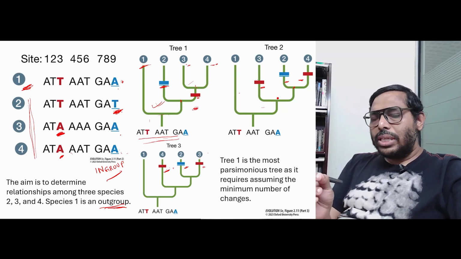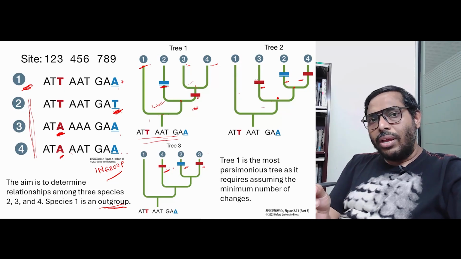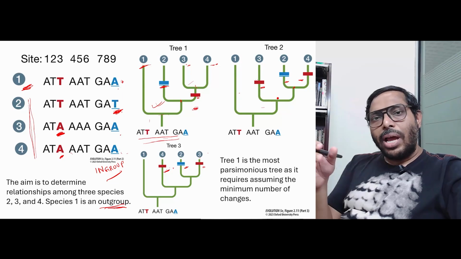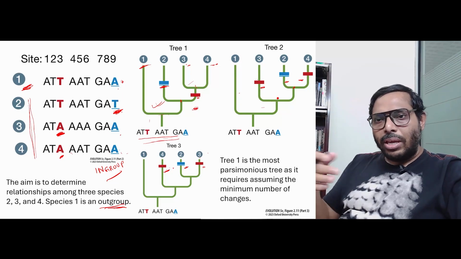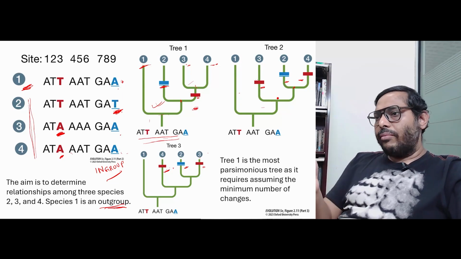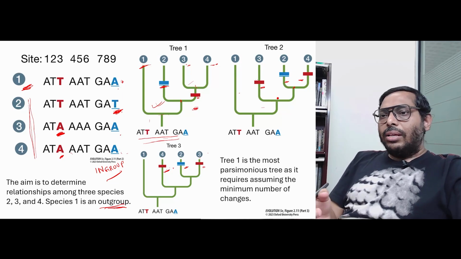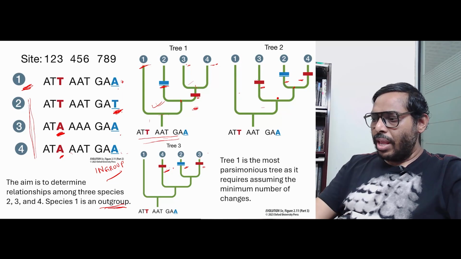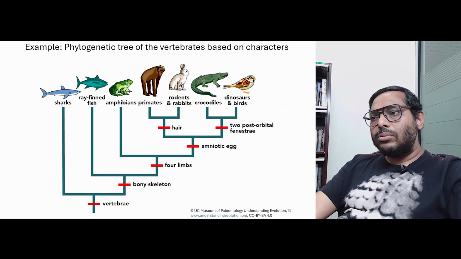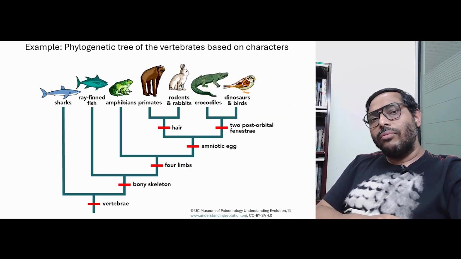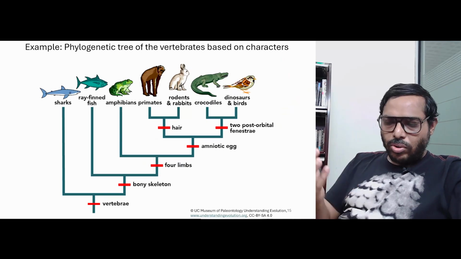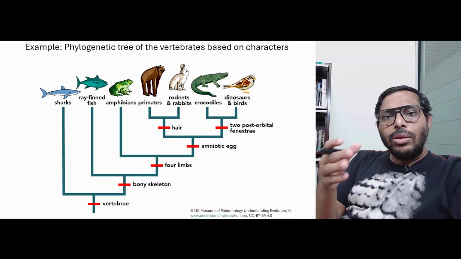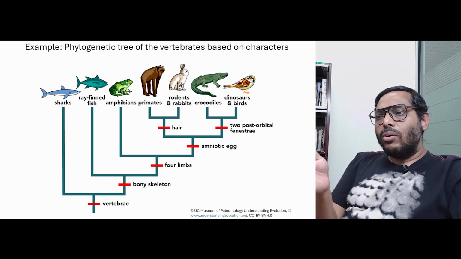Okay. I am not saying that this is the way of making a tree. There are many other ways, and given various kinds of biological realities, sometimes the other ways of making the trees are more powerful. However, this way of making a tree is actually the simplest for us to understand conceptually. And incidentally, this is more or less what is done even in the context of characters. So, when you are looking at morphological trees, mostly people use this parsimony method to figure out what is the